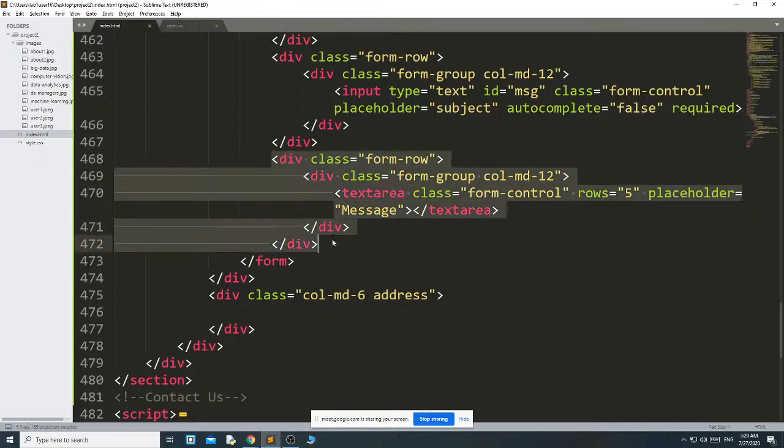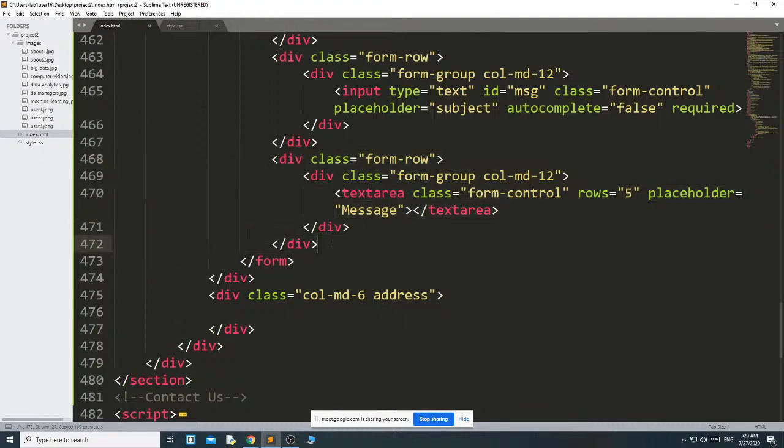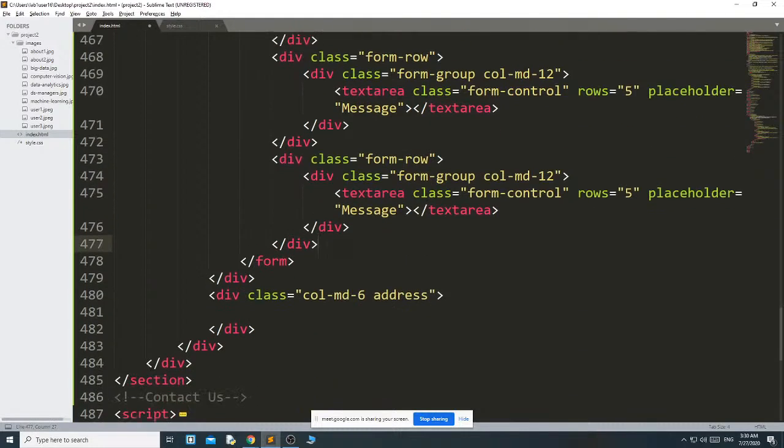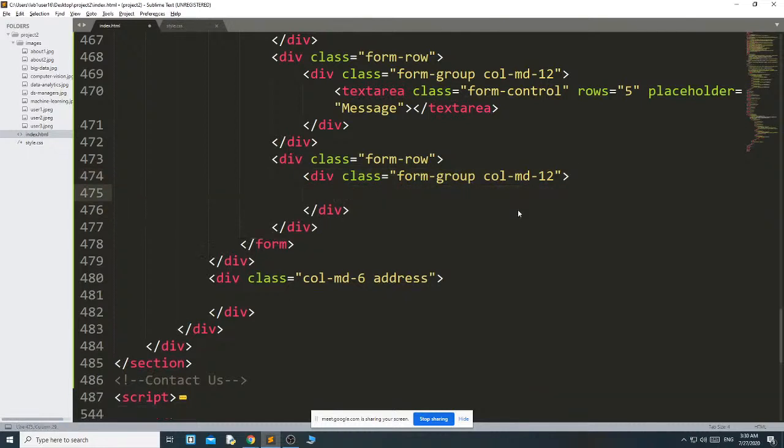Let me copy this. Inside this div I just use text-center, and here I need a button.